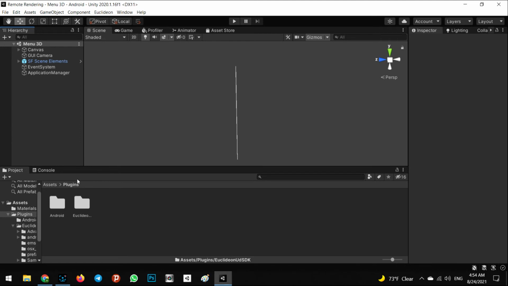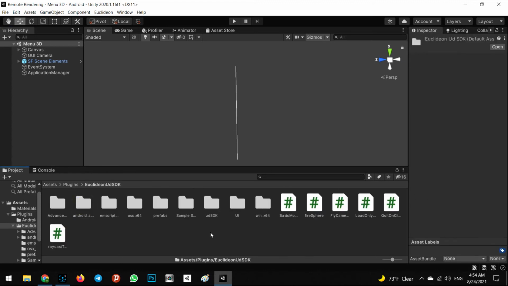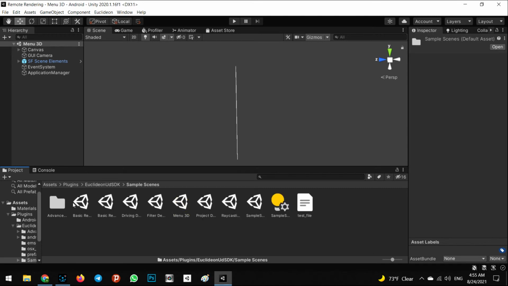Okay, as you can see, this SDK has been installed inside of a new folder. It's called plugins in your assets folder, and you can see it has a lot of options, a lot of scripts, but our target is inside of sample scenes. In the sample scenes we can see a lot of scenes in here, but our target will be menu 3D. This is exactly that scene, and in here